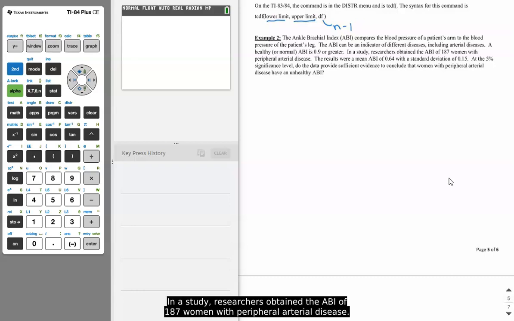In a study, researchers obtained the ABI of 187 women with peripheral arterial disease. The results were a mean ABI of 0.64 with a standard deviation of 0.15. At the 5% significance level, do the data provide sufficient evidence to conclude that women with peripheral arterial disease have an unhealthy ABI? Okay, so usually what we say the first thing to do is just write out the